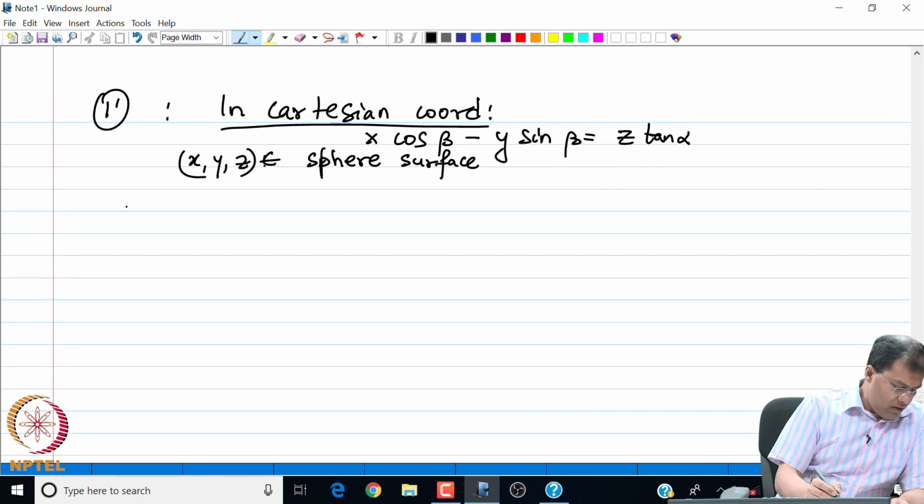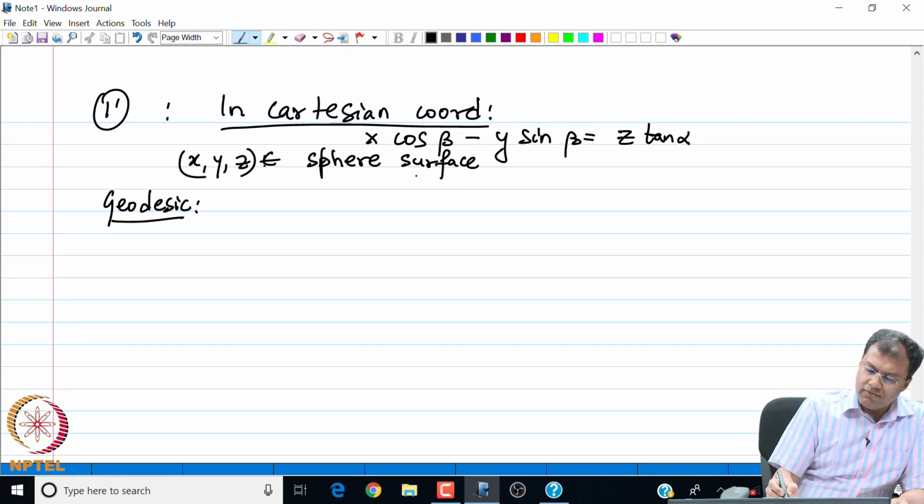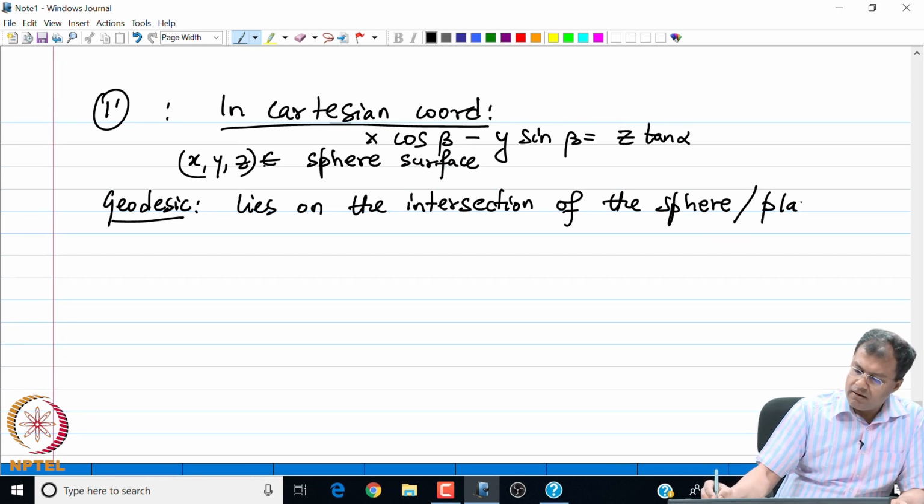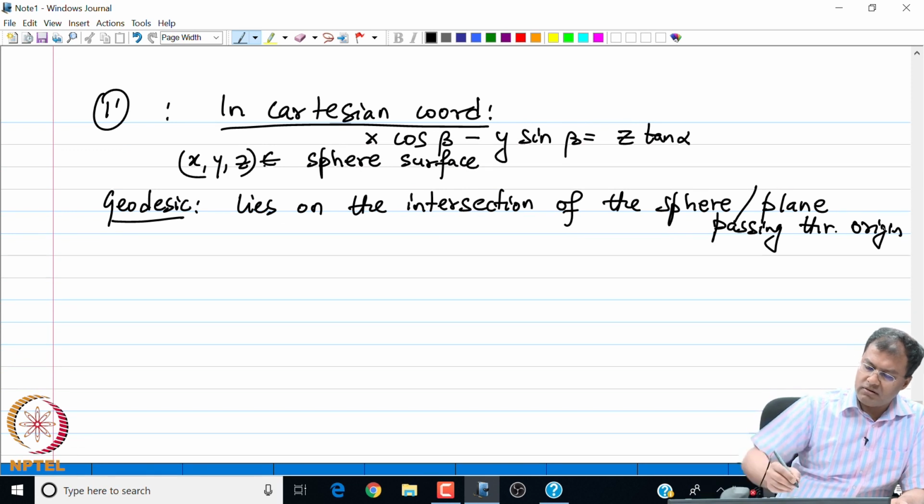So, the moral of the story is that the geodesic, or the extremal solution, lies at the intersection of the sphere and the plane which passes through the origin. So, the geodesic lies on the intersection of the sphere and the plane passing through the origin, and that can only be,